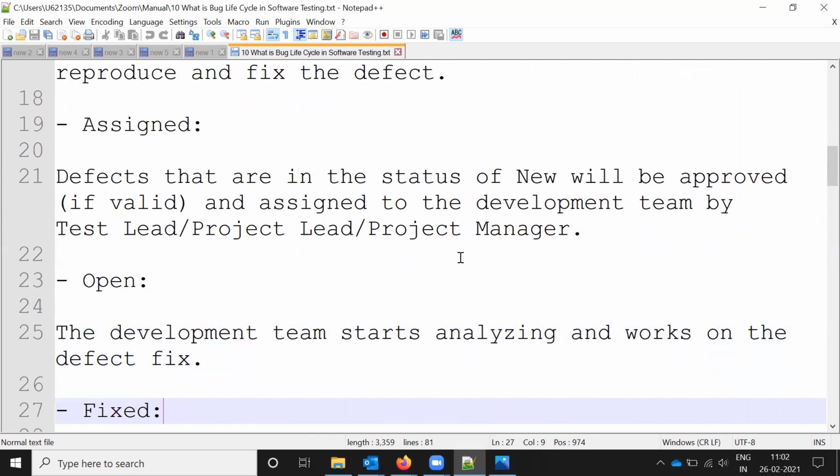Once it is created, the test lead, product lead, or project manager will take care of assigning it to the concerned developer.